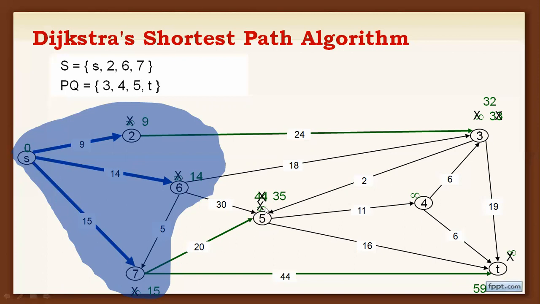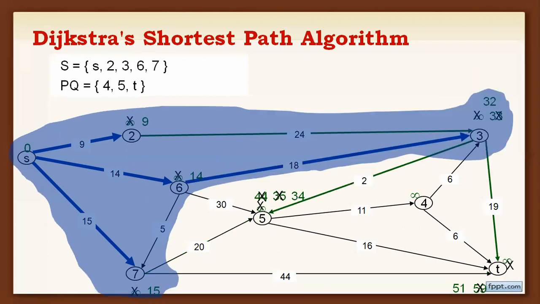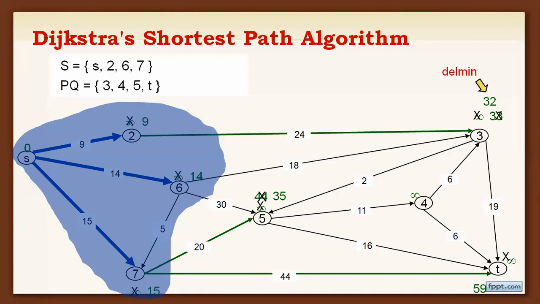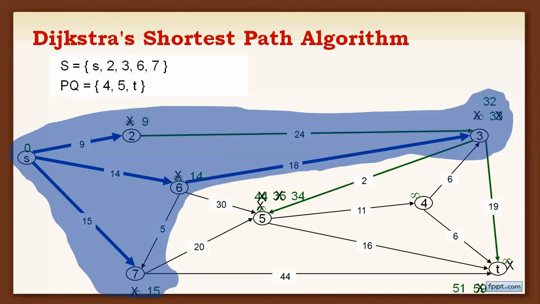You can select this one, and 44 is replaced by 35. Next,